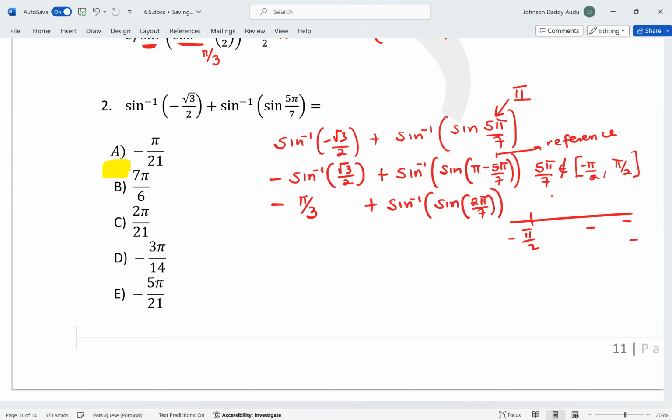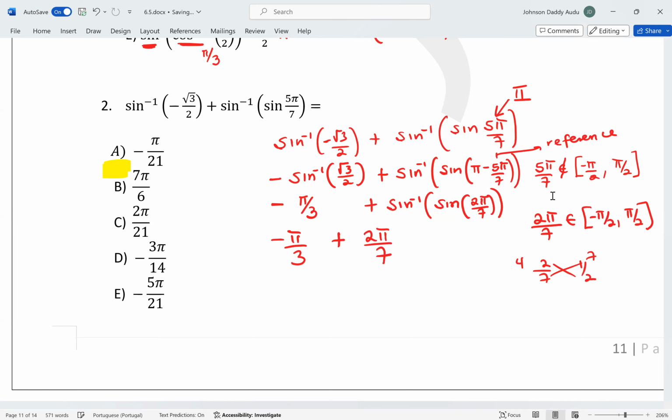So how do you check? We also check to see if 2 pi over 7 is it inside minus pi over 2 to pi over 2? Yes, so you can achieve that by comparing 2 over 7 and 1 over 2. This will be 4 and this will be 7. So 2 over 7 is less. So this is just going to be minus pi over 3 plus, your answer here is just going to be 2 pi over 7,